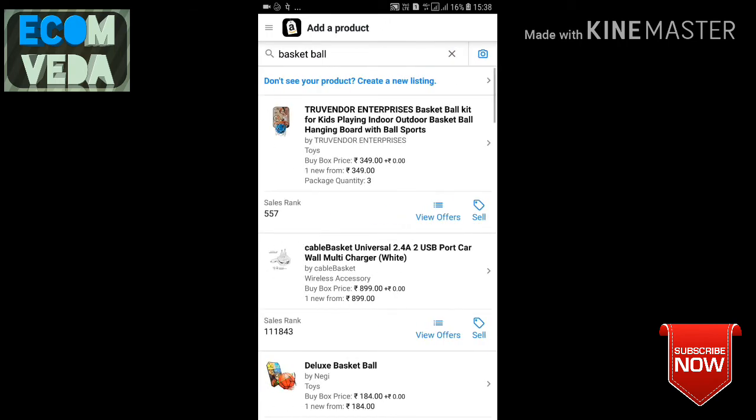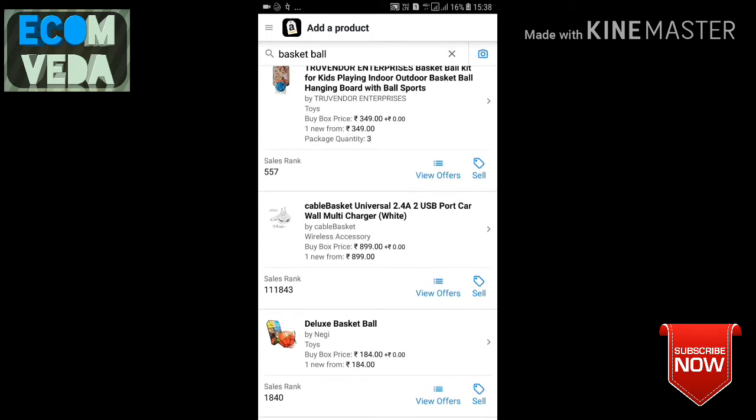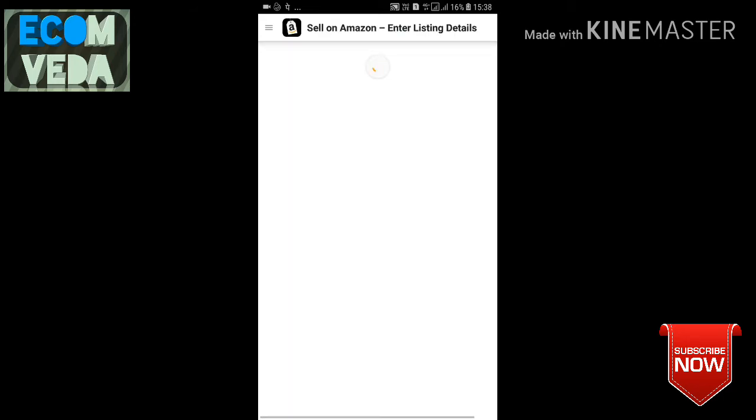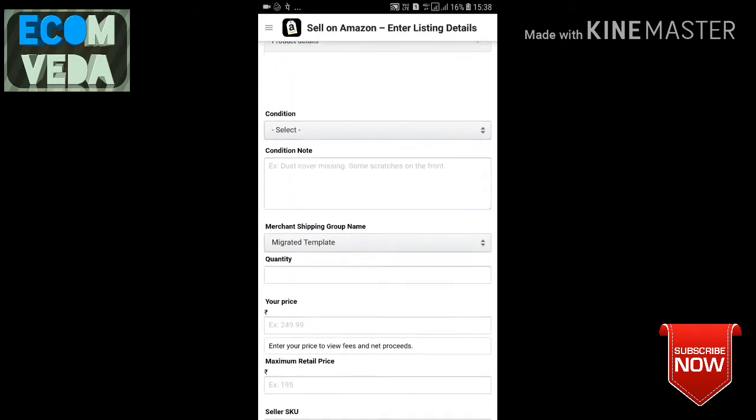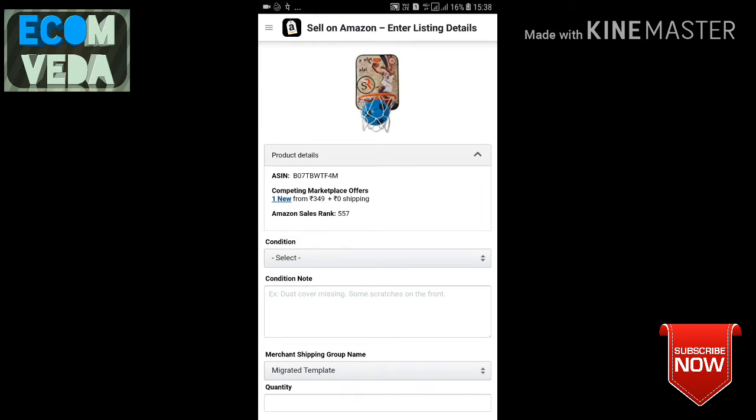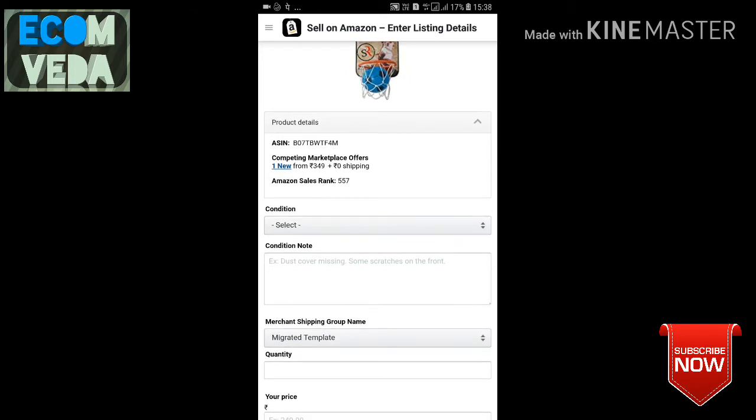So to sell the same product, you just click on sell, then add all the product details. See, the ASIN is already assigned to this product because somebody is selling it.